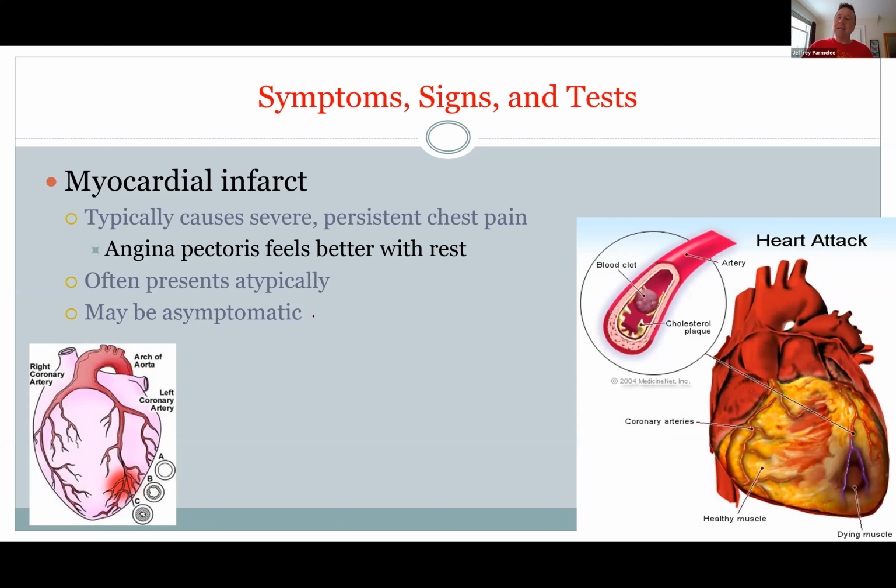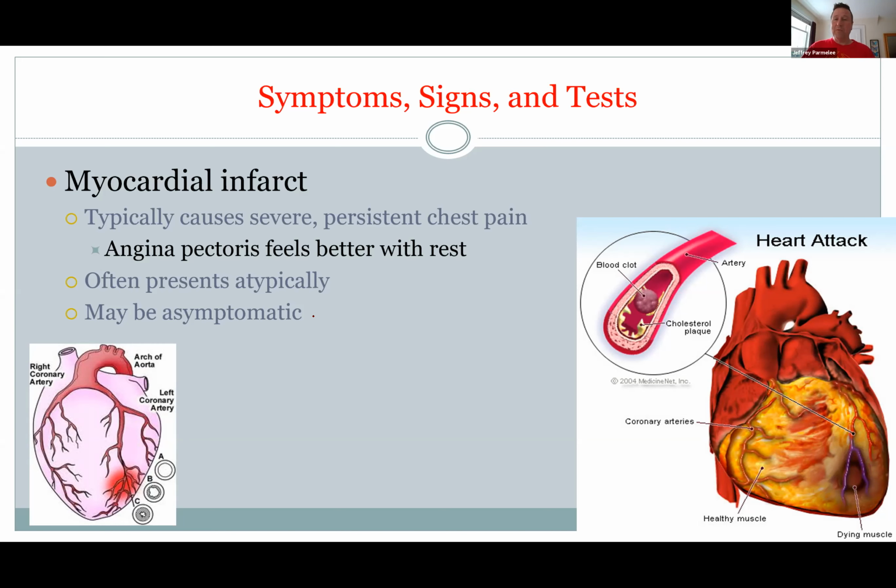And in many cases, women have a lot of the atypical signs where it's not necessarily chest pain, maybe a back pain, other pain, or you feel nausea, or you just don't feel right. Shortness of breath, without the chest pain. So these things can happen. These don't have to be, but the typical